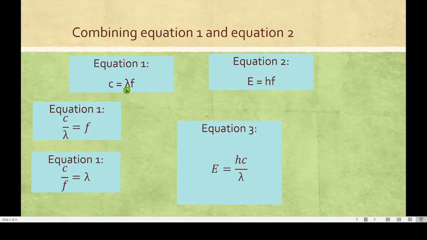Let us go back to the first equation, c is equal to lambda times f, or we can derive that as c over lambda is equal to